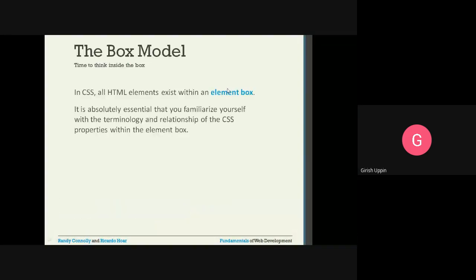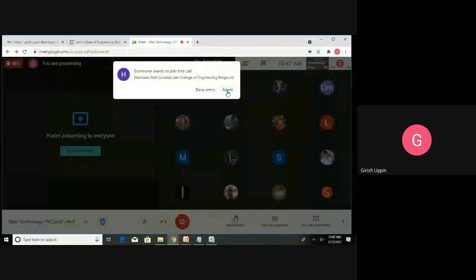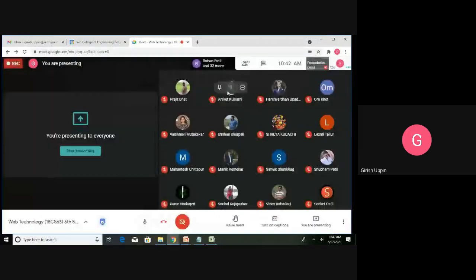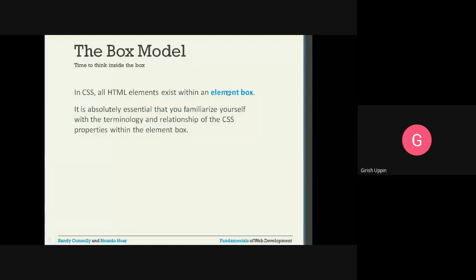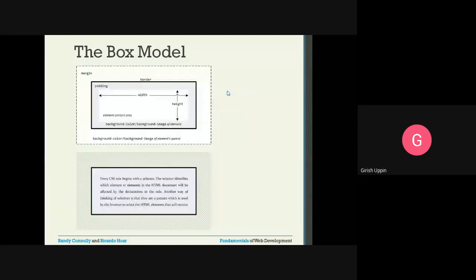Then the box model. Every HTML element is represented using an element box, and this is the box model, where this is the border of the HTML element, and the margin specifies the spacing between the parent and the element. The margin is on all the sides: left, top, right, and the bottom.